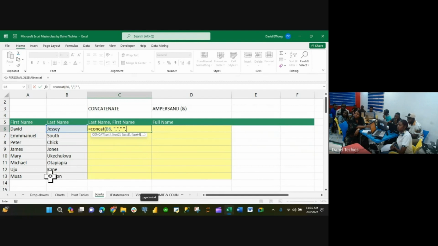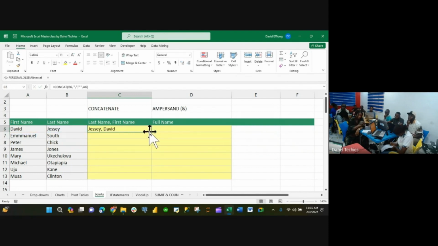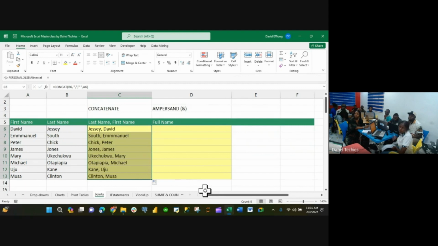When you are done, you now come over here and click on David. And when we are done, you bracket close, and then you hit enter. So, clear? You just drag down. Remember our field function, and then all of those things will populate. So now we have last name and first name.